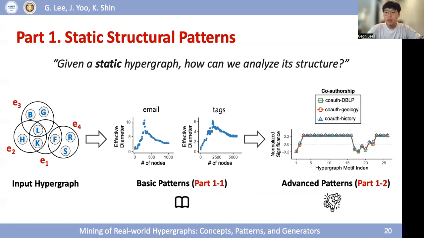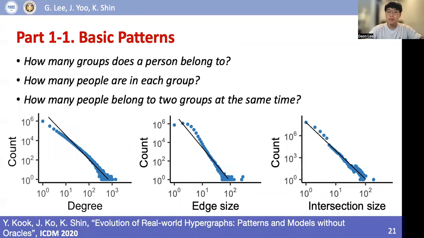So in the first part of this tutorial, we will share some basic and advanced patterns that have been discovered in real-world static hypergraphs. For example, how many groups does a person belong to? How many people are in each group? Or how many people belong to 2 groups at the same time? These questions, which are quite simple and intuitive, are some of the questions that are going to be answered for